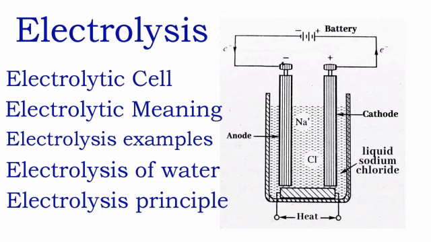Alright, let's take an example. In the electrolysis of molten lead bromide. Molten lead bromide has two ions. It has the positive lead ions, Pb2+, and the negative bromide ions, 2Br-. Now, since we know that the positive ions will move to the negative electrode,